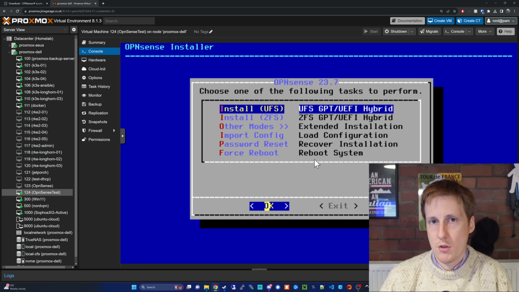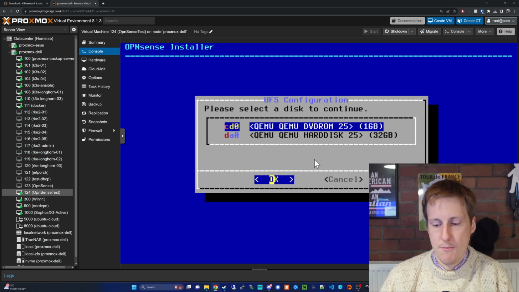If, however, you want some redundancy in your firewall setup, either physically or virtually, perhaps you want to pass through two drives. And what you can do in that sense is set up a mirror so that you have two copies of your data on two separate hard drives, SSDs, whatever they might be. I'm going to show you how to do this with UFS because my underlying hardware, as I said, is already RAID. So I'm going to hit return on UFS,